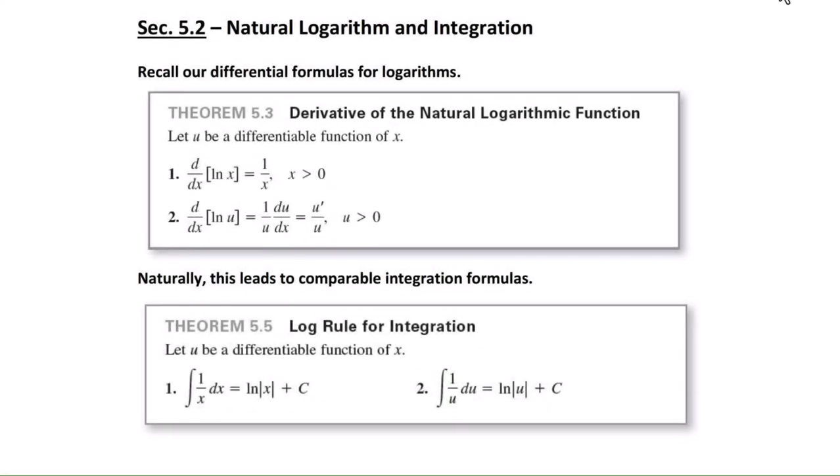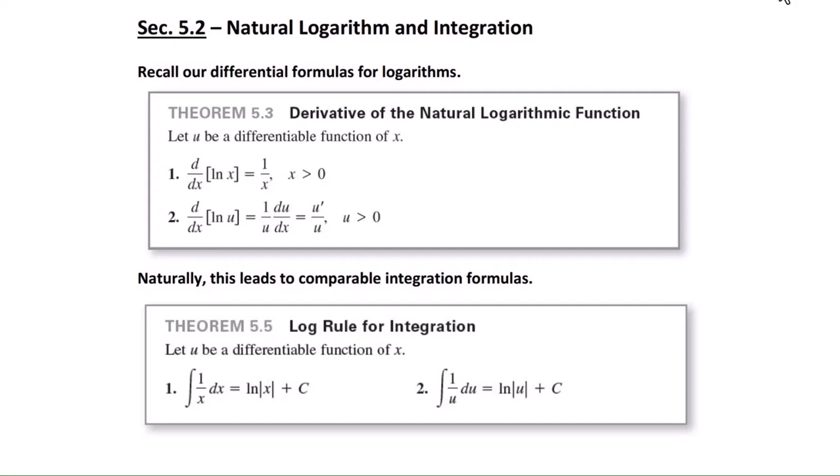If we start with theorem 5.3, how to get the derivative of a natural logarithmic function, and then turn that around to its inverse, which is integration, we get theorem 5.5, which tells us if we start off with 1 over x dx, then the antiderivative of that is the natural log of the absolute value of x plus some